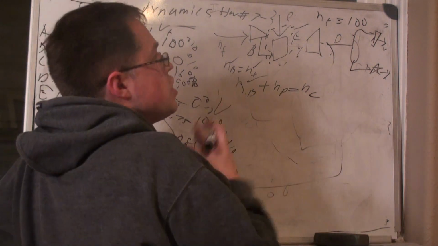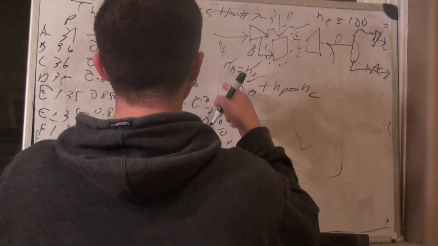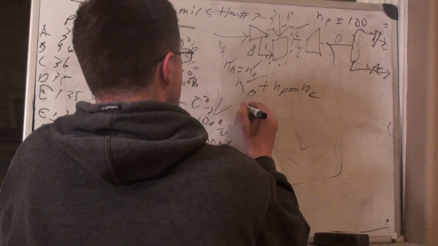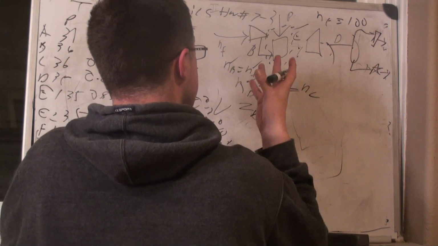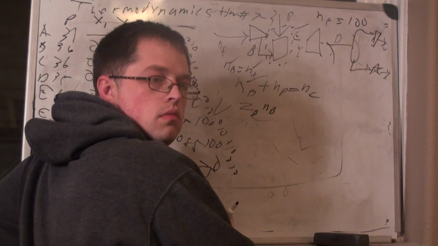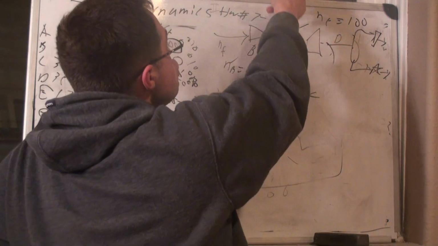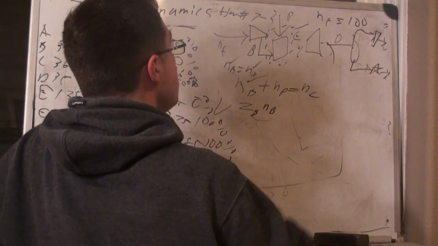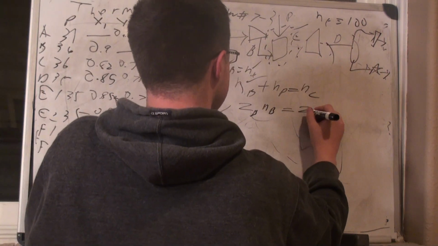Let's just say Z or Y or whatever, and we'll just say of what point. Okay, so what we want is the Z of B. So Z of B times N of B plus how much component 1 is there in the pure stream? 0. So there's not anything coming in. The only thing that 1 has is whatever comes into B. So whatever's in C is what came into B. So the Z of C